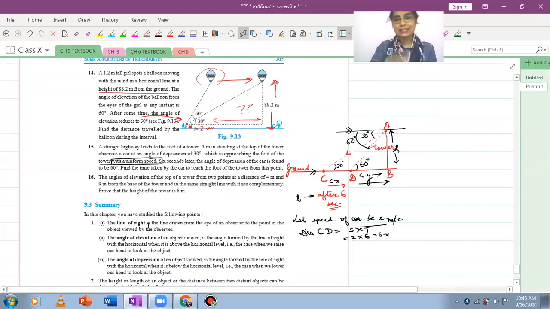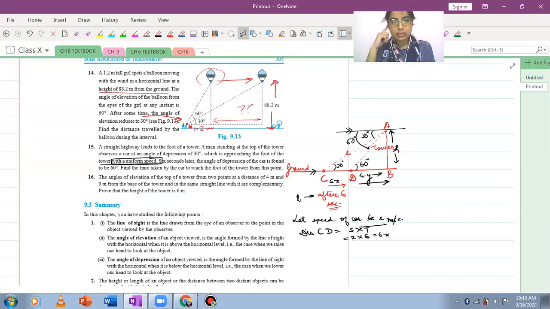Other than that, the concepts we have used, like writing down the trigonometric ratios, the basic thing we learned in chapter number 8, हमने वो सारी use करके यहाँ पे sums किए हैं. Now there is one exercise which was deleted from chapter number 8. उसका concept chapter 9 के इस last question में use होता है. So I will just mention that, but you don't have to go into detail.